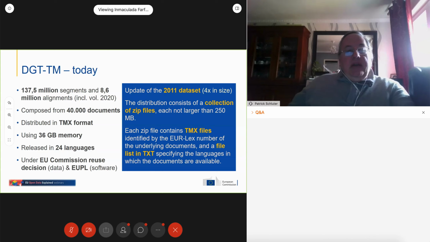The zip archives contain the multiple alignments in the form of separate files identified by their EUR-Lex number. The format of the file is the well-known XML-based translation memory exchange format, also known as TMX.